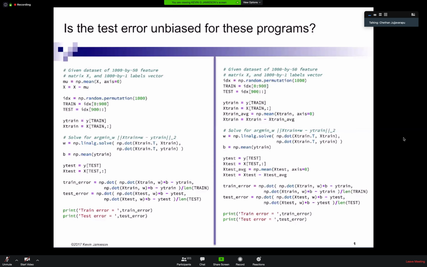Can we talk about it, or should we just keep waiting? Yeah, let's go through it. Anyone want to talk me through the first one? Because we are using the mean of the whole data, I guess it's not unbiased. That's exactly correct. So we got our data set X, and now this step here is computing the mean on